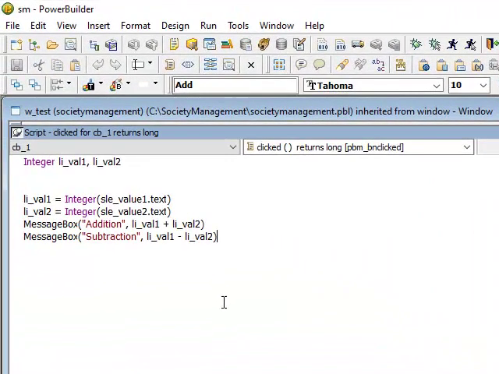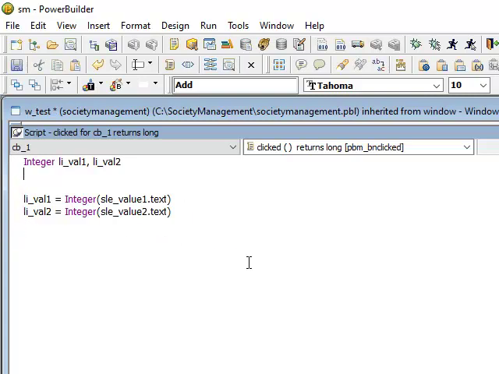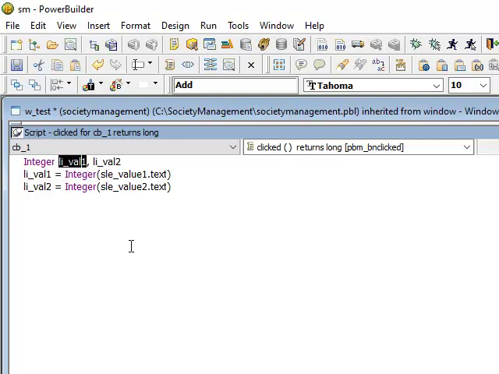So now what you have learned is this message object, and we are using the open function of the window. We will learn many things, don't worry. And we learned how to declare a variable. I mentioned here li. You know what is the meaning of li? This is again a kind of standard, or you can say a naming convention.